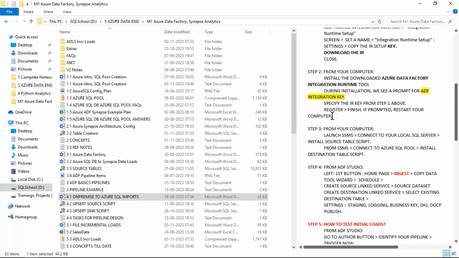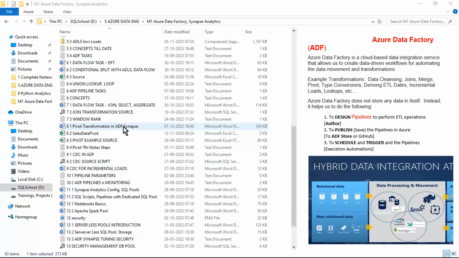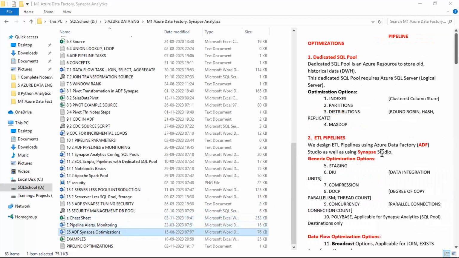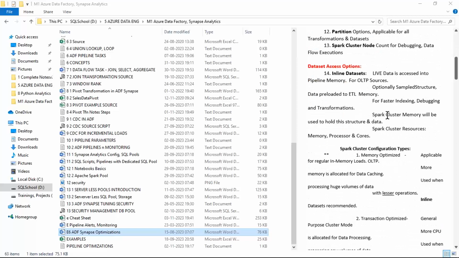For every example, you have transcripts like this. For every example, the complete transcript and step-by-step notes I will take care of. On-time practice, I request you to take care of. For every concept there would be assignments, right from the basics to monitoring, incremental loads, change data capture, parameterization, serverless pools, Apache pools, security, optimizations, etc. There are 14 levels of optimizations we need to learn, and tuning activities,